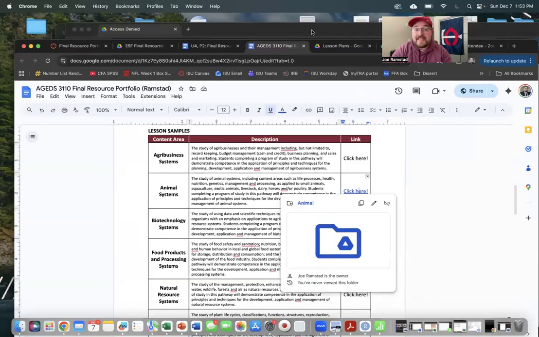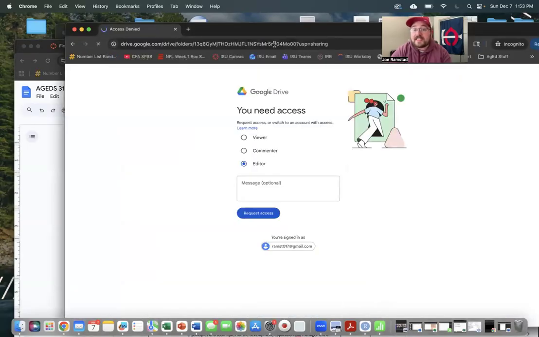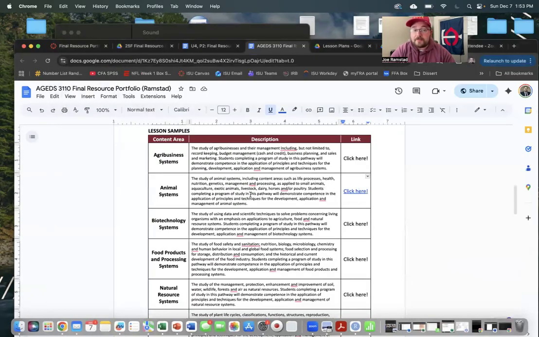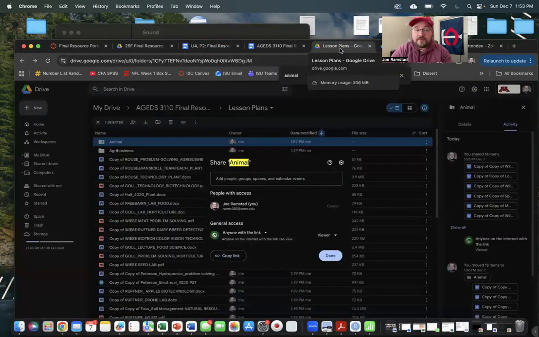And if I go back to my incognito tab, because Google is pretty amazing, would you look at that? That same link now has been updated. So, for example, if you initially had only you can access the link, but then you caught it and said, oh, it needs to be anybody with the link can view, if you refresh that page where the access was denied, it should be able to work after that point. So we need to go in and make sure that anybody with the link can view all of these different pathway folders, which again, I'm not going to sit here and demonstrate each of them because you've seen how to do one. So again, as a quick review,